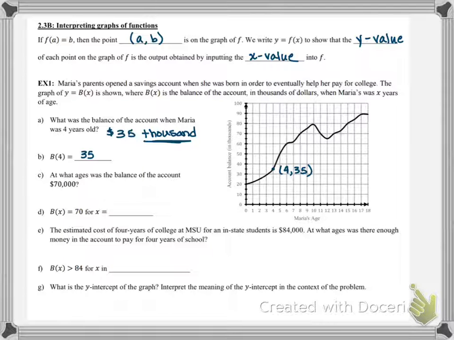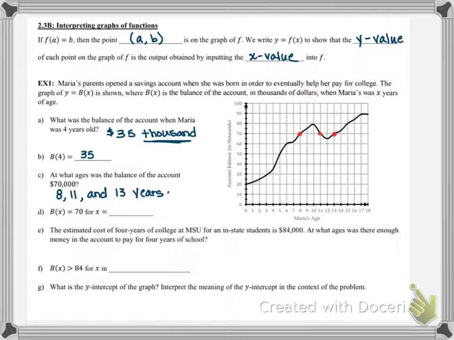So then at what ages was the balance of the account $70,000? So are they giving us an input or an output here? An output, right? So we're looking for any points on the graph that correspond to a Y value of 70. So that's going to be here, here, and here. So that says 8, 11, 13. 8, 11, and 13